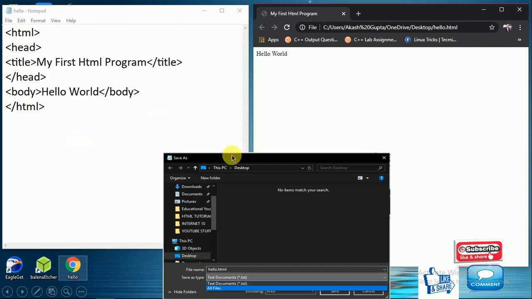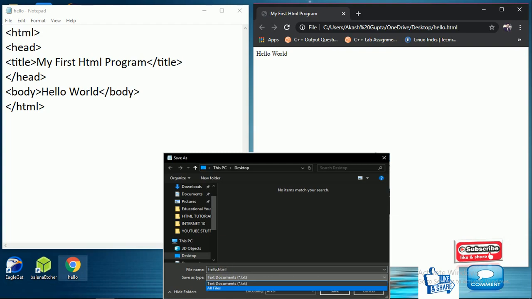After writing the program, you need to save the file. For saving the file, there is one rule. Here the file name I have given is hello. You can give whatever file name you like, but after the file name, you need to give the extension, that is .html or .htm.